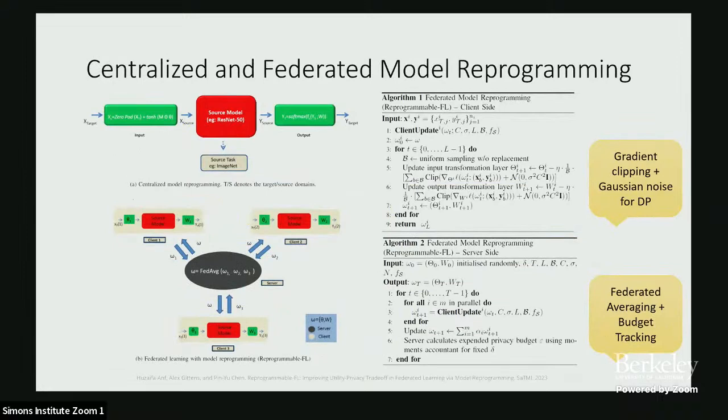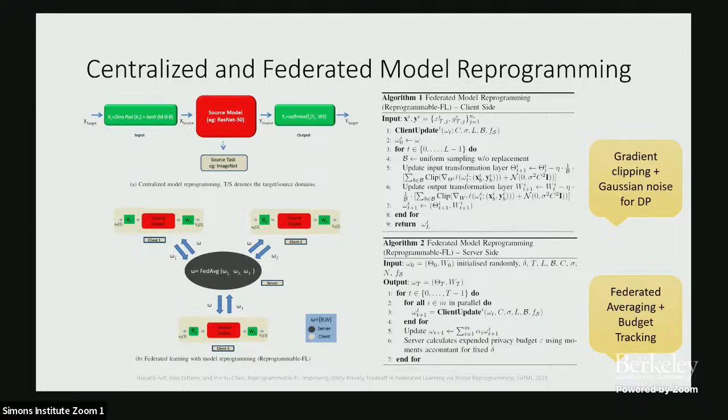Okay, so we can also extend this case to both centralized and federated learning settings. In the centralized setting, we are training a model with a privacy budget. In federated learning, we can still use this noisy SGD idea with clipping, so we do some noisy SGD and clipping at the client side. And at the server side, they are basically doing the same standard federated averaging protocol by averaging the noisy gradients they collected from the clients and sending those average gradients back to the clients to do federated learning.